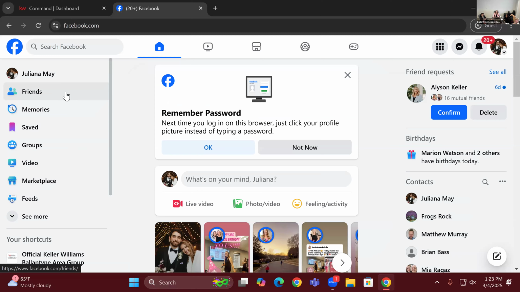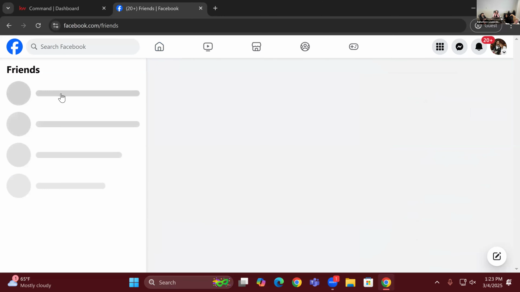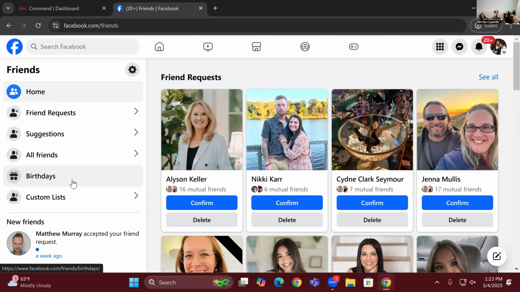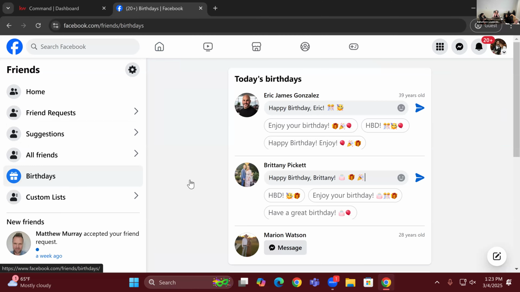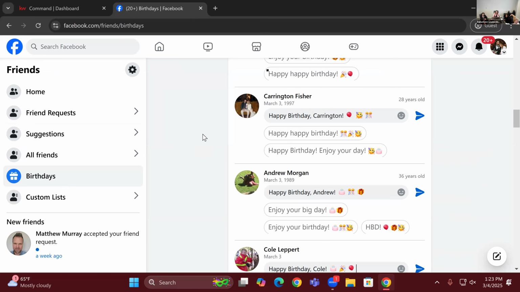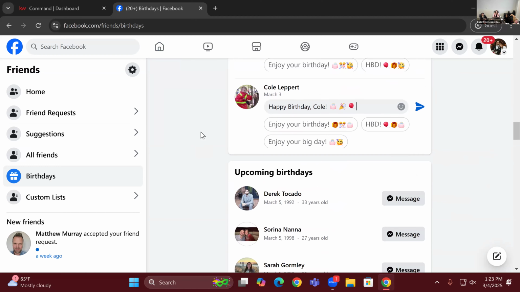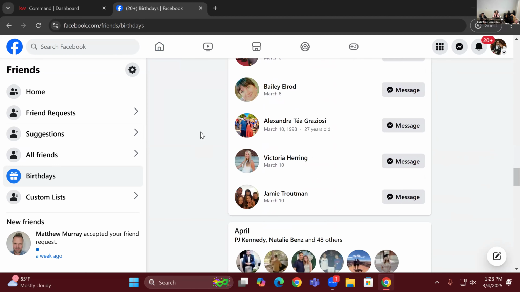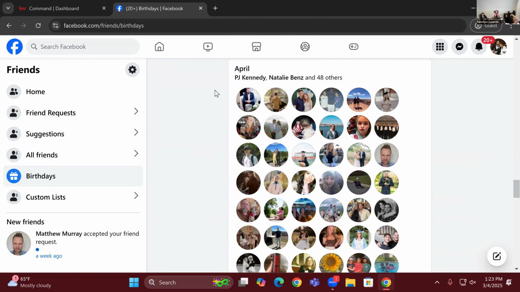So in Facebook here, under friends, there's actually a birthday section. So if you time blocked and you really wanted to focus on birthdays, if you scroll down, this shows upcoming first, but if you scroll down to the next month, it starts to put them together. So that you can just hover over and see the name and the date, so you don't have to go to their about info on their profile.